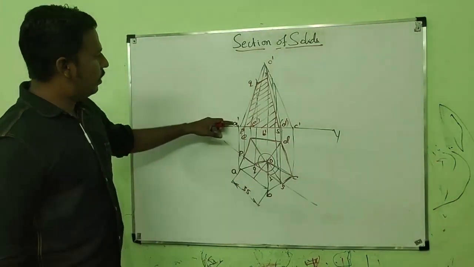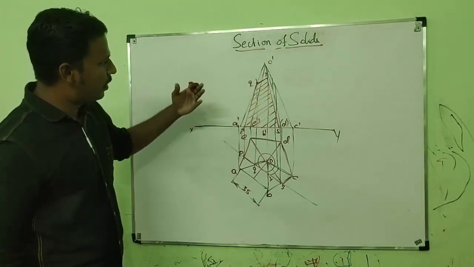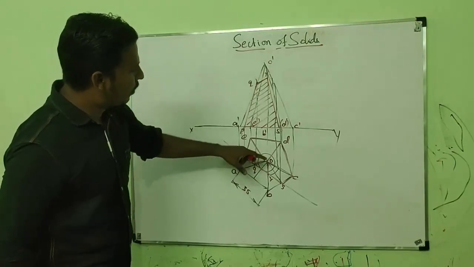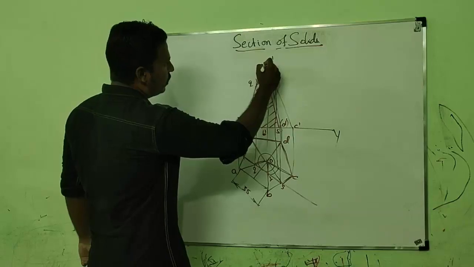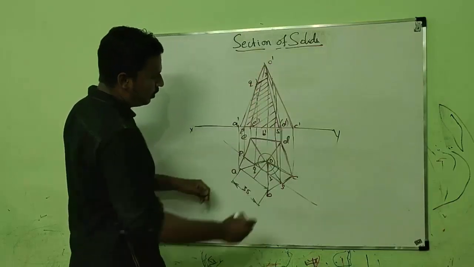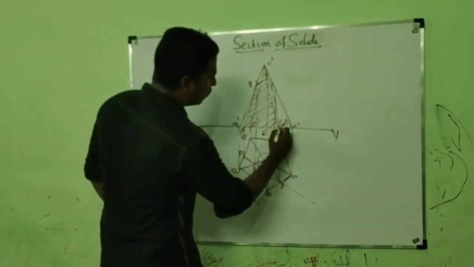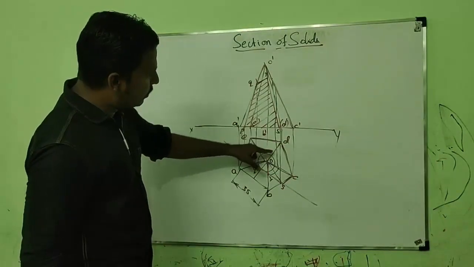So here the edge AQ is actually in the removed portion, so I should not darken that. It should be left as a thin line. And QO is retained, so QO should be darkened. And OC is retained. Here see OC is retained. And CS is retained. The edge OD is also retained.